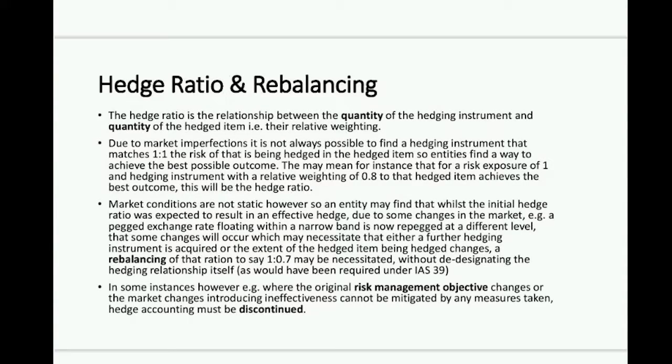And that might well be sufficient because the response is driven from what we do in our risk function, not what we want to do from an accounting perspective. The accounting follows the risk behavior and not the other way around. Now, it could be that there's a severe dislocation between the correlation of grade A coffee beans and grade B coffee beans, which actually makes the economic relationship very tenuous, and may now be outside of the boundaries of what we would consider an effective hedge from a risk management practice.